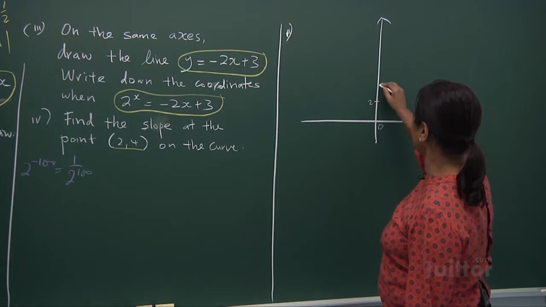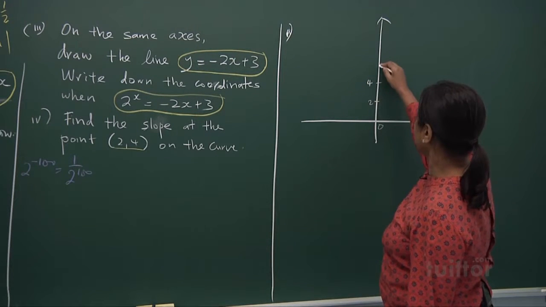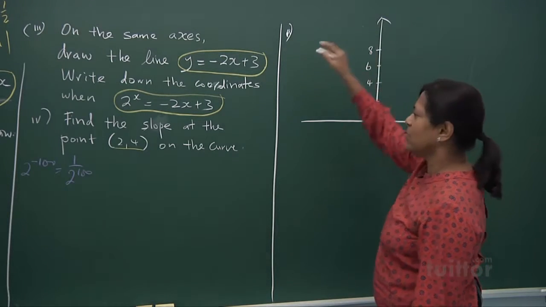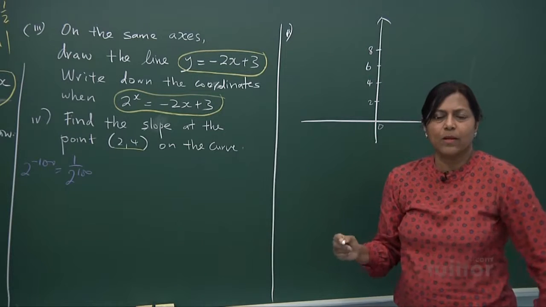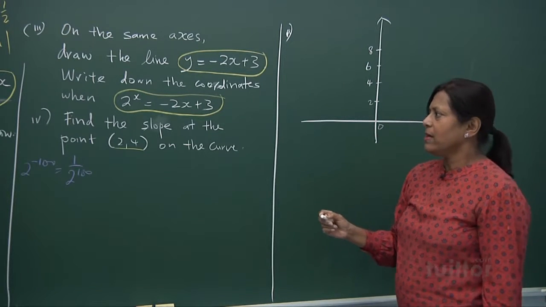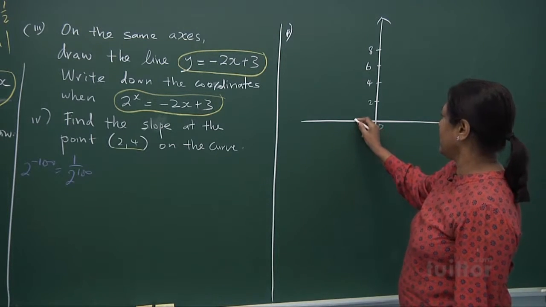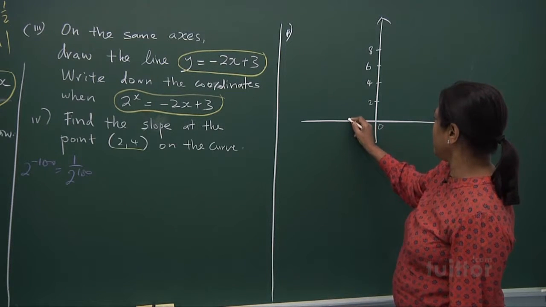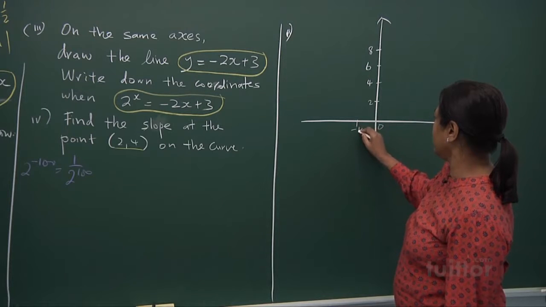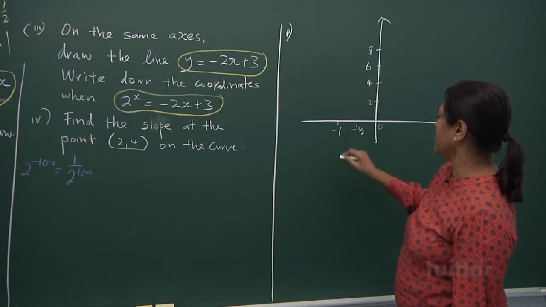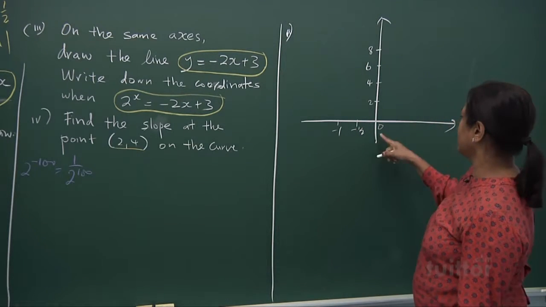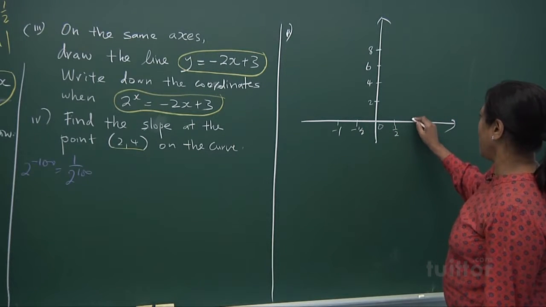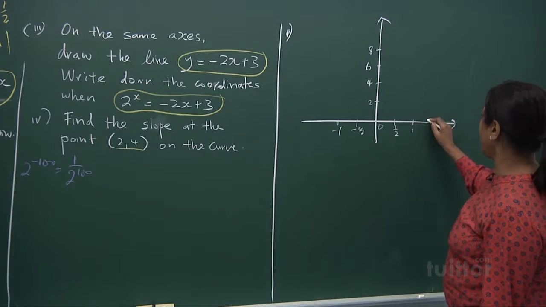So I put here 2, 4, 6, 8. Well, you use your guide on what is given to you. Now, and here x is minus 1. So I like to put here maybe a minus half, a minus 1. And then x is 0. Here will be a half, a 1 and a half,